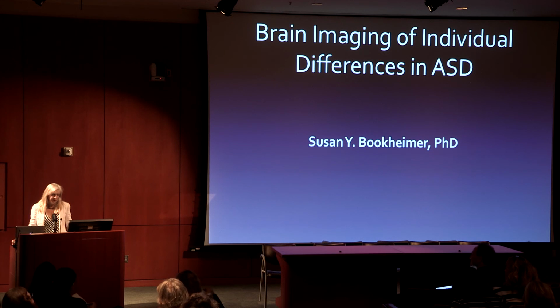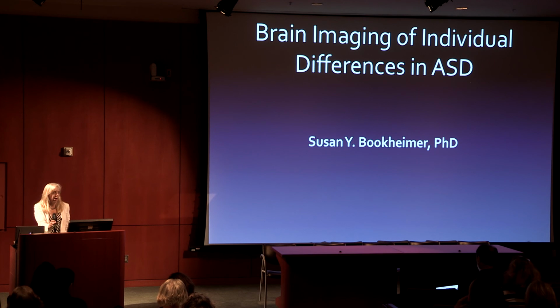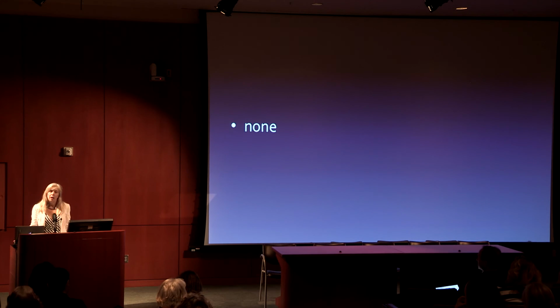So you've heard a little bit about some of the individual differences that we see in autism, and I like to coin Dan Geschwind's phrase, if you've seen one kid with autism, you've seen one kid with autism. So there are many individual differences that we can look at, and what I'm going to be talking about today is what do we know about differences in the brain, particularly structural and mostly functional brain imaging, and how do they relate to some of these individual differences, and can that help us to understand better what are some of the underlying causes of the variation that we see in ASD.